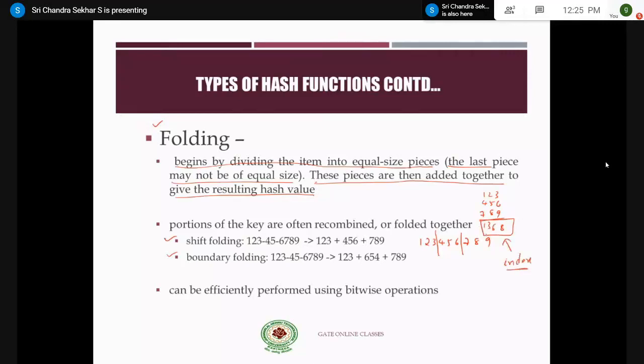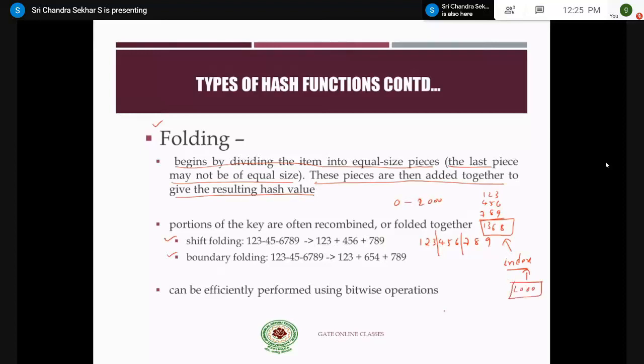But you may not have this 1368 index in an array. To have this 1368, the size of the array should be something around 1360 to 2000. That means the size of the array should be 2000, which is very costly, right?